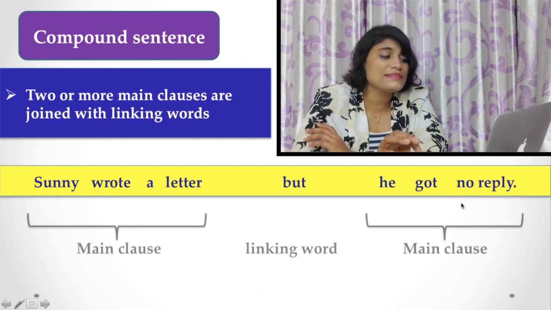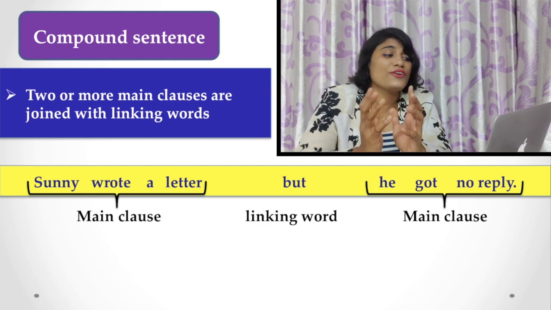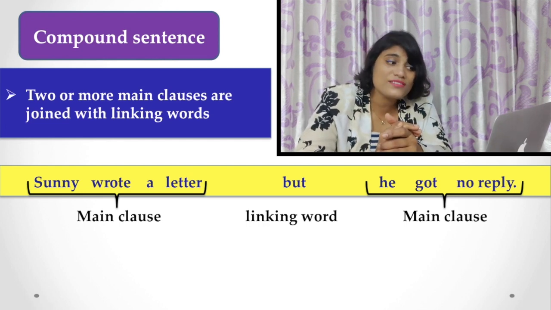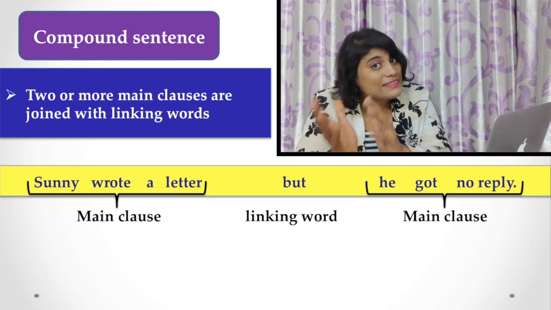Here you find Sunny wrote a letter, which is a main clause, and but is a linking word that joins another main clause,